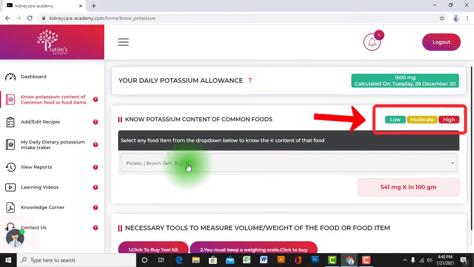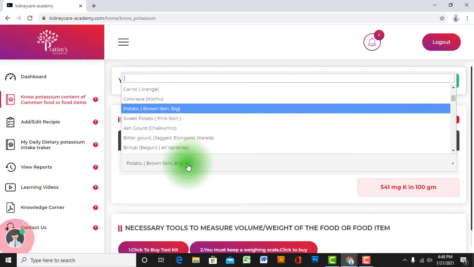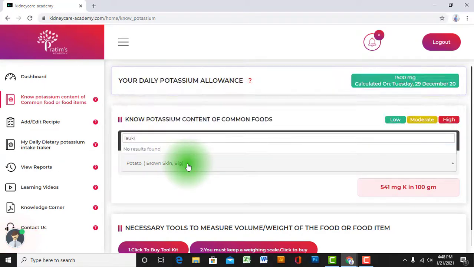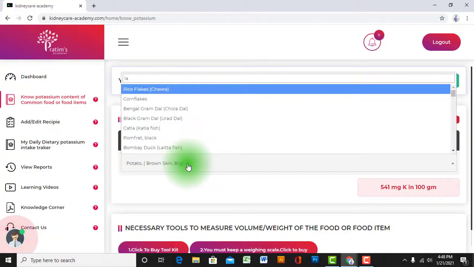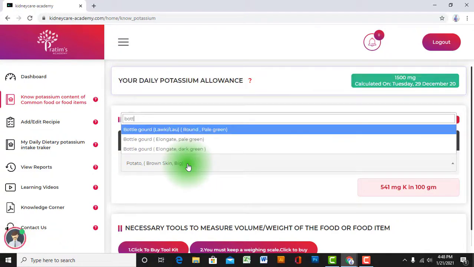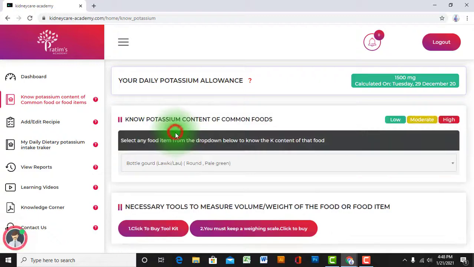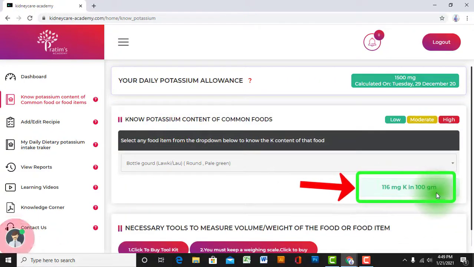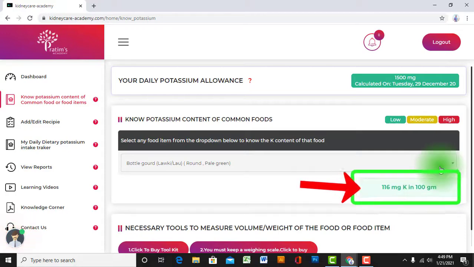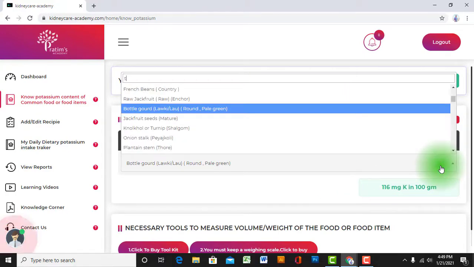Here in these color code options, if any food item contains a very low amount of potassium, for example if we search Loki, that is bottle gourd, then it will show it is very low in potassium, that is 116 mg potassium in 100 grams.